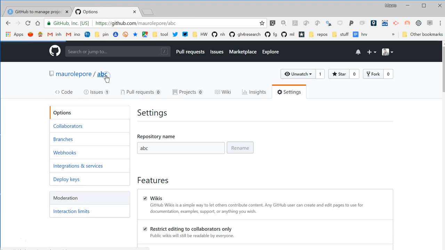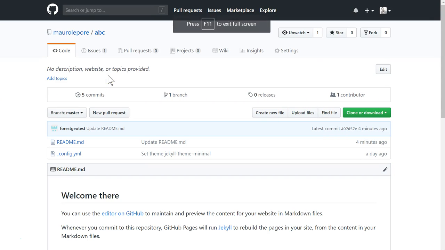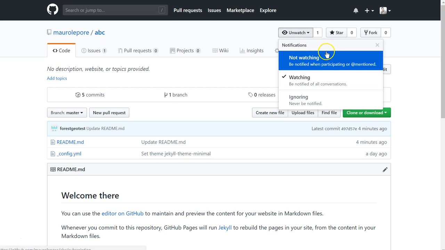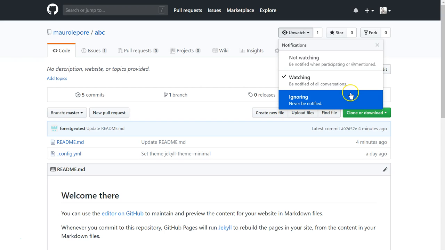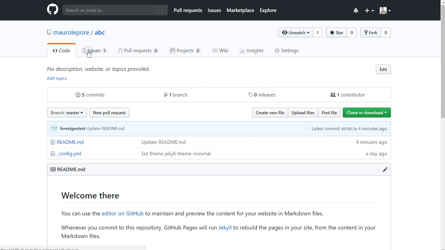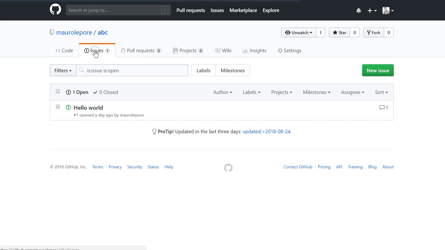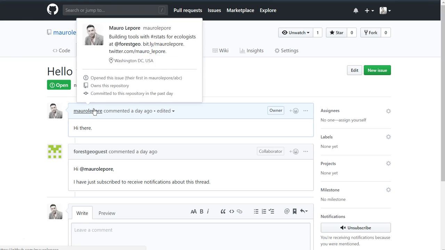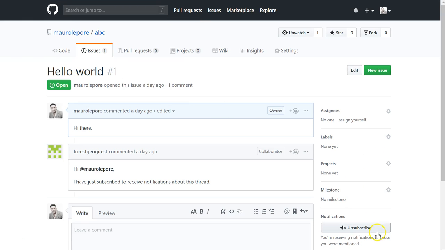So here is the repository Mauro Lepore ABC. Let me maximize this. And here you see that there is this unwatch button, and you can say what you want to do. You want to not watch and only be notified if you're mentioned. You want to ignore completely, or you want to watch the repo. And that's at the level of the repo. And here within the issues, each issue will give you the option to subscribe or unsubscribe, right? So I'm now subscribed to this thread,